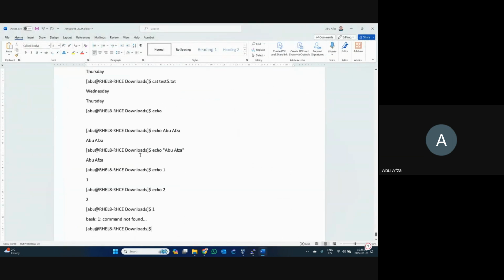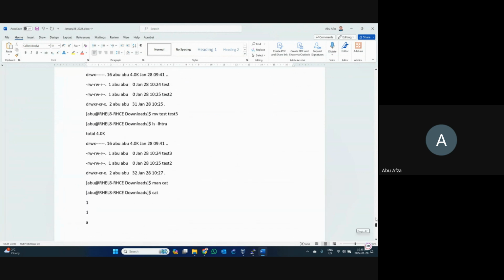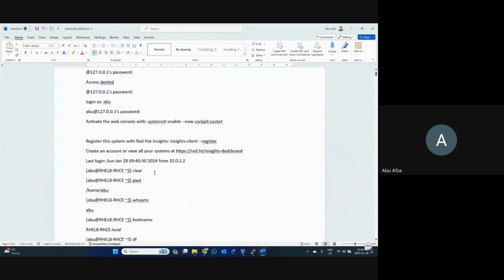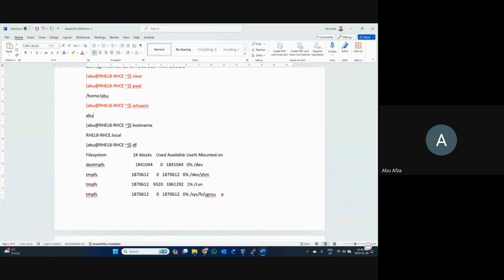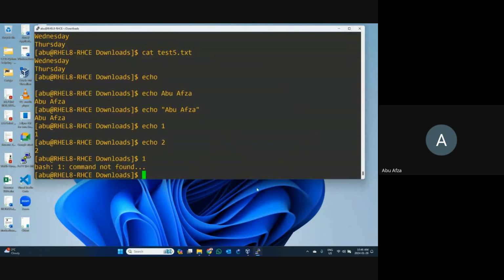Just Control V. Now it is very difficult to understand what I wrote down and which command is used for which purpose. So you can modify that. Like this is the one command, so you can change the color. This is the command. This is the command. This is the command. You can do those things by yourself. Okay, and save it, keep it. If you want, you can keep it. If you don't need it, you don't need to copy anything. That's not a big deal. But everything is up to you.